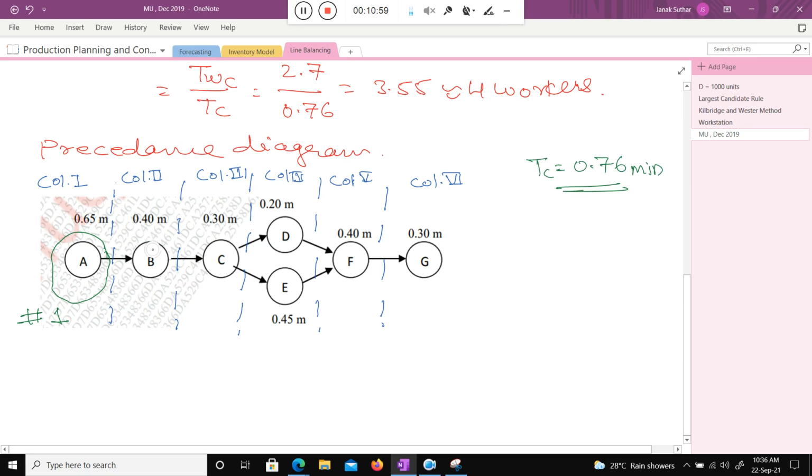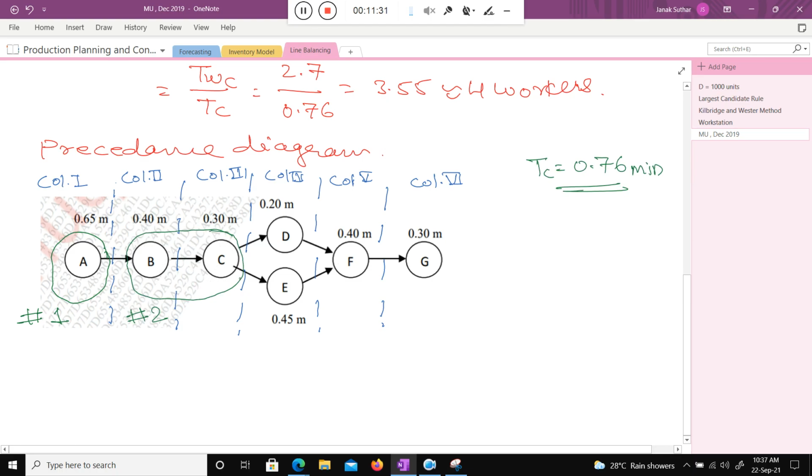So 0.76. I can add this one also. If I put this B and C both together into workstation 2, the total time of the workstation is 0.4 plus 0.3, which is 0.7. It is not exceeding the cycle time limit. So I can consider this as workstation 2. Are you getting my point, class? Okay, very good.